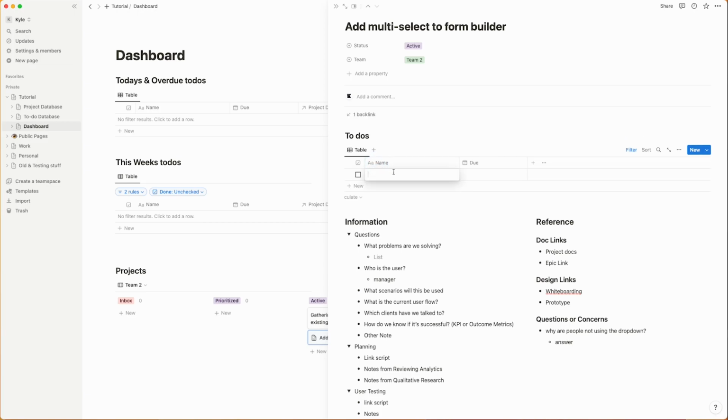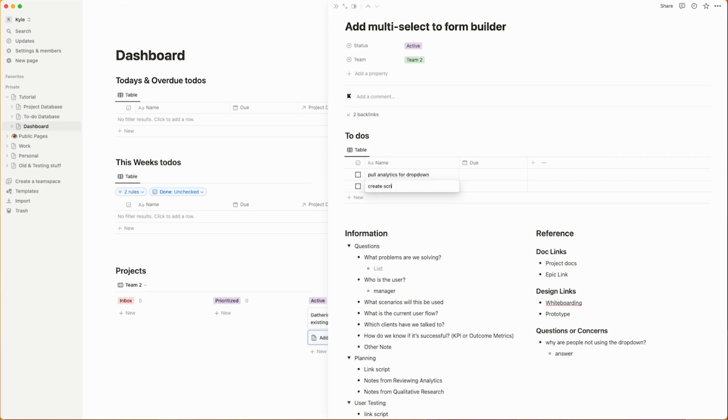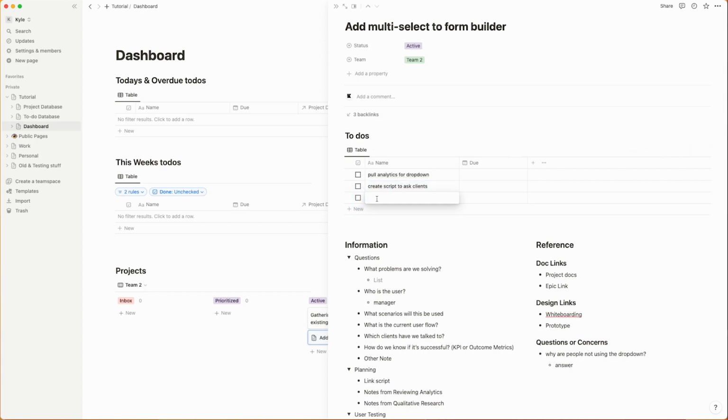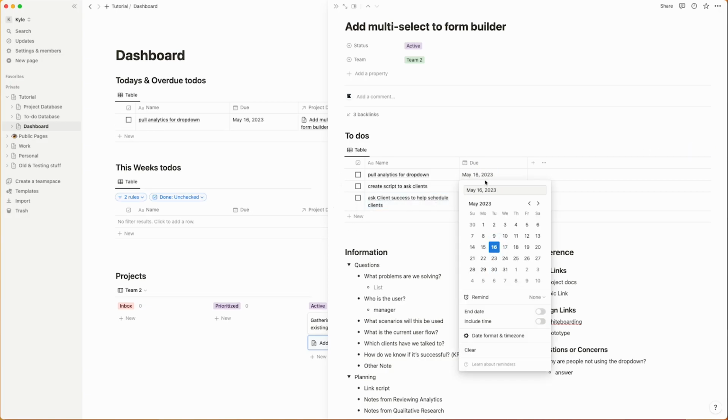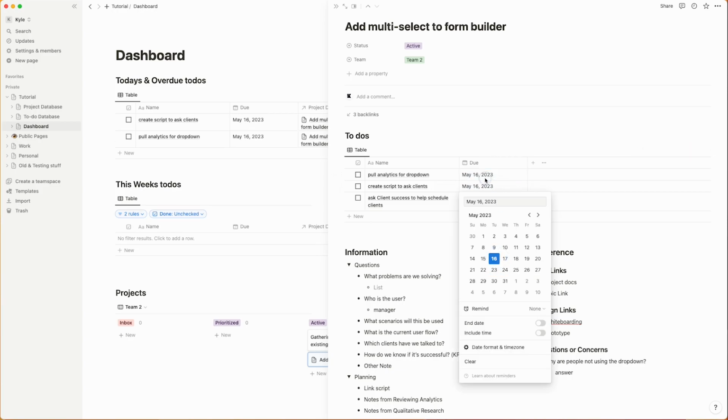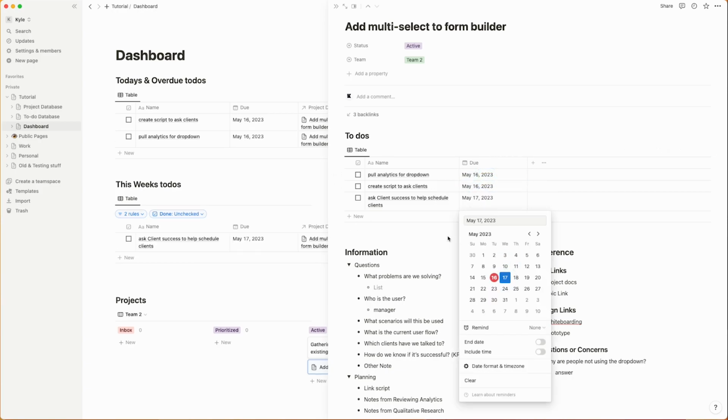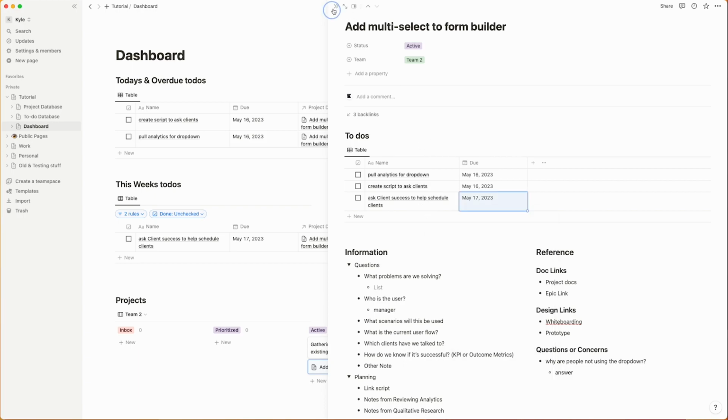So let's add some to-dos. Let's say I want to pull analytics for the dropdown. Understand how people are using it. I need to create a script to ask clients. And then I need to ask client success to help schedule clients. And let's add to-dos for all these. So let's say I can pull the analytics today, and then tomorrow I'll be asking for help once I have